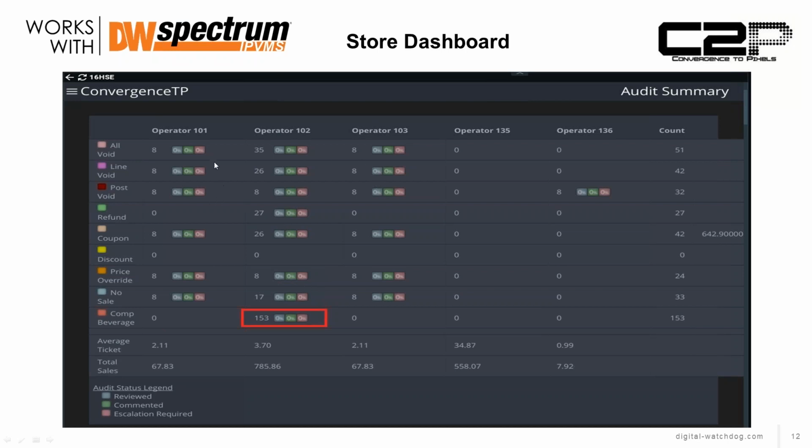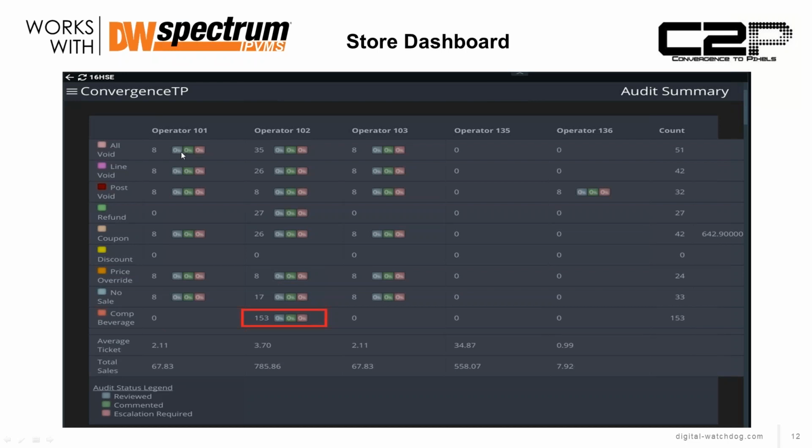In this case, they wanted some metrics to be able to monitor suspicious activity, these types of things that are ripe with abuse. And the user gets to specify what they consider suspicious that they want to monitor. So it brings up the amount of activity for that particular event by user. These colored boxes are something that the store manager would be filling in. As they monitor each one of these to verify that it wasn't a theft, and maybe it was an operator error, or maybe it was just a valid